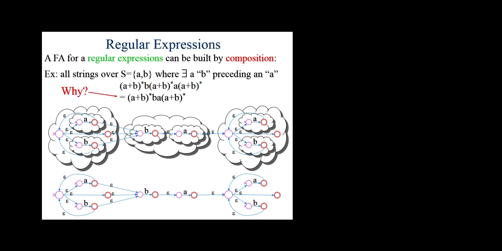And this whole machine down here will accept this original regular expression's language, the language denoted by that regular expression. How many get this? So we basically compounded and composed all these construction rules to get larger and larger machines from smaller and smaller machines to accommodate any regular expression that we want. In particular, this finite automata here accepts the language denoted by this regular expression up there. Any questions about what we just did? And this is a general process. You can do this for any regular expression you want, obviously. Here we did it for that particular one, but you can see how it would work for anything. Yeah.